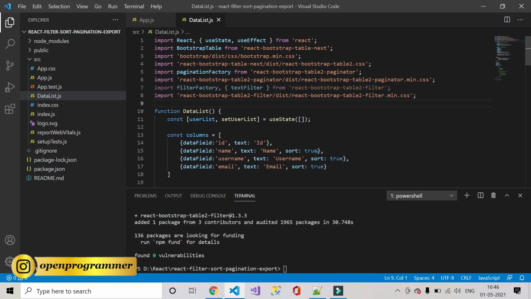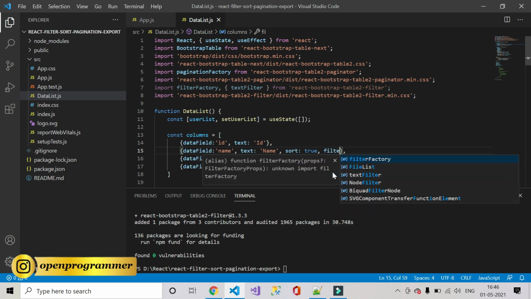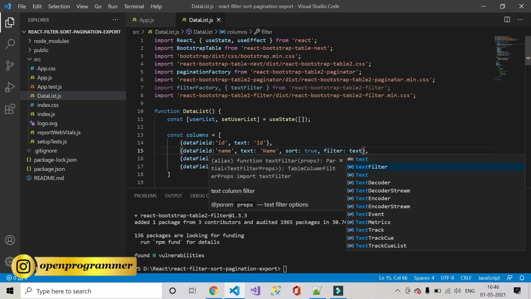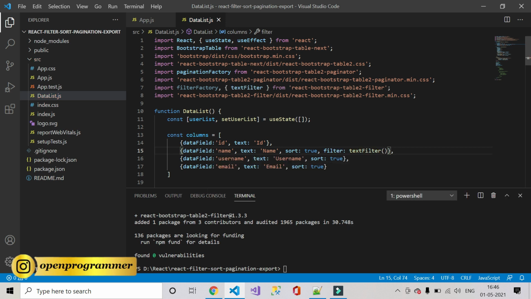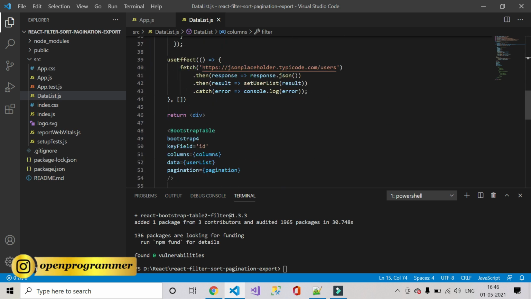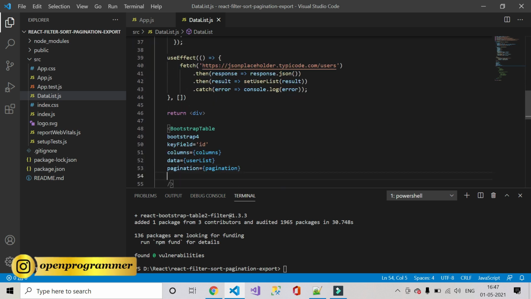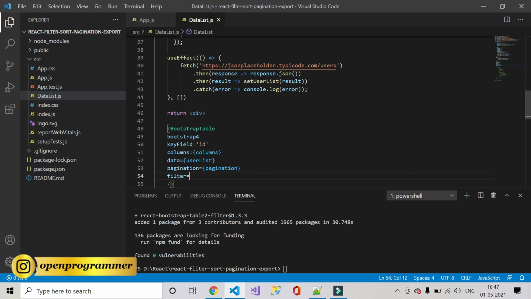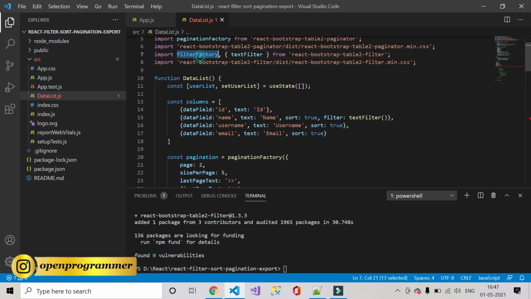So for the name we have to give filter text filter. And in the Bootstrap table we have to use filter and the filter factory.